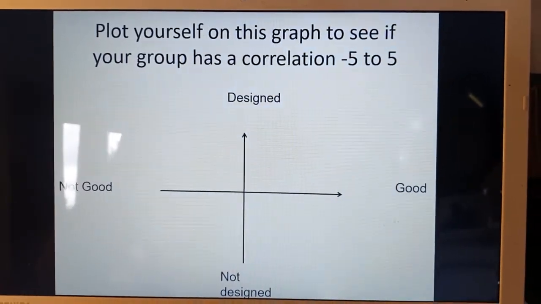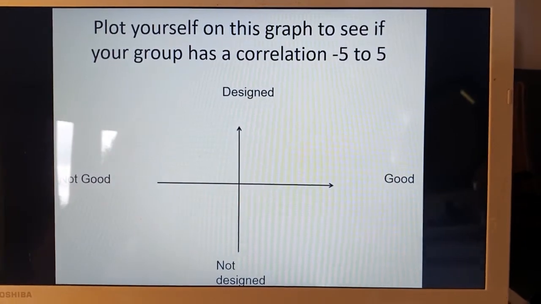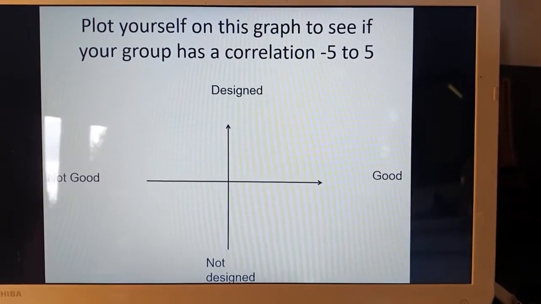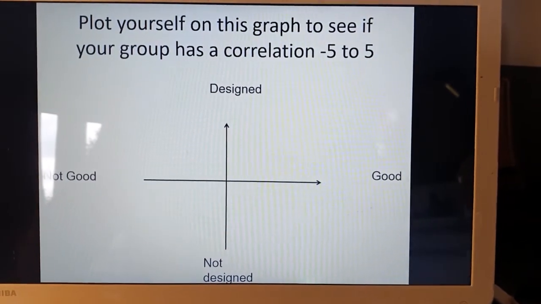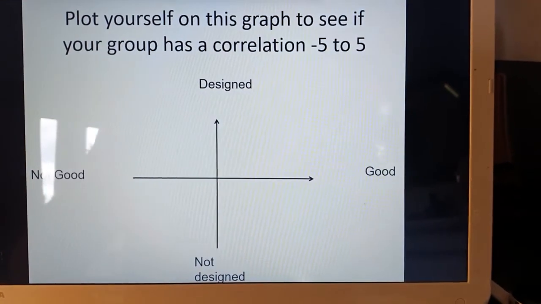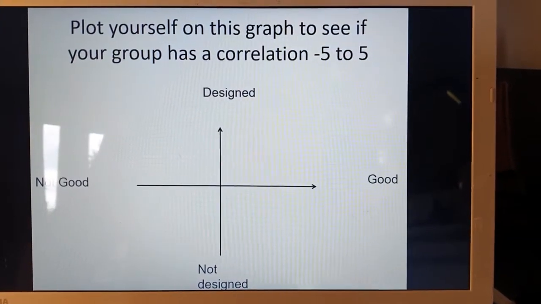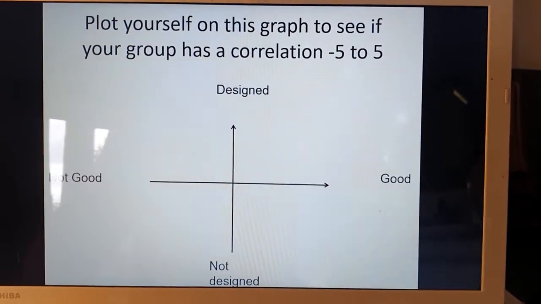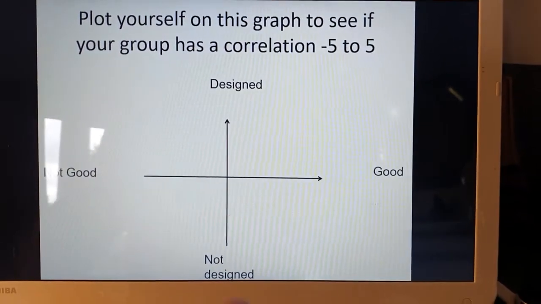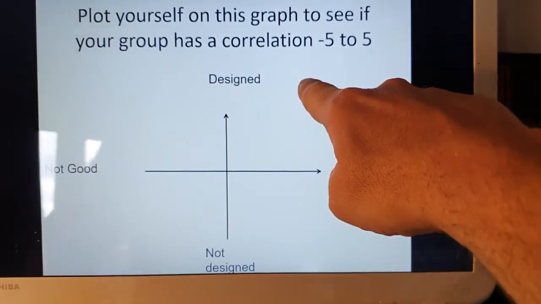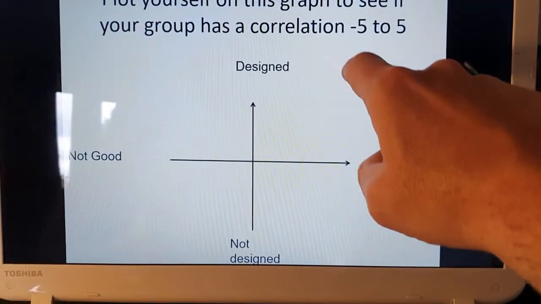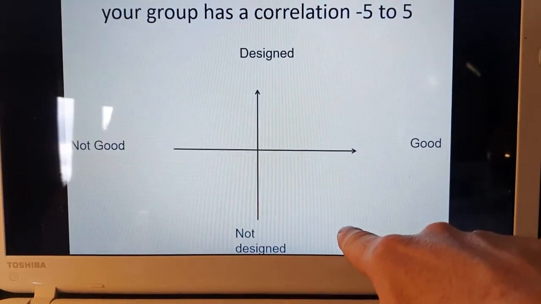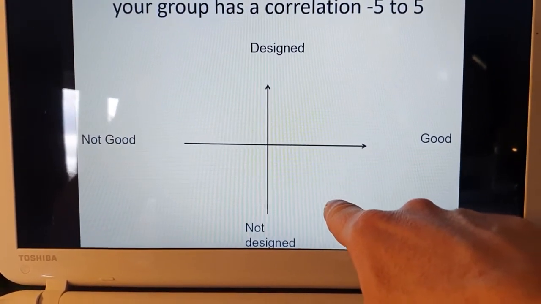And finally, use this info and all the things that you've learnt about today to plot yourself on this graph. If I was going to use this to actually see if the group that I was teaching had a correlation, like whether they all were in one area or another. But maybe you could do this in your house. You could say, for example, someone might say the world is a very good place and it's been designed by a loving creator. But you might think the world is a really awesome place, but it hasn't been designed. It's just randomly sort of come about,